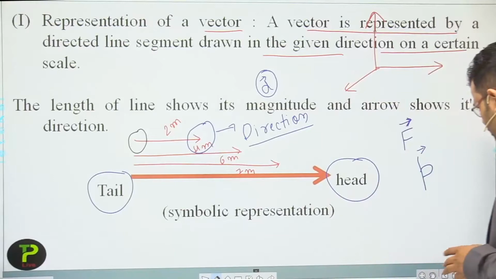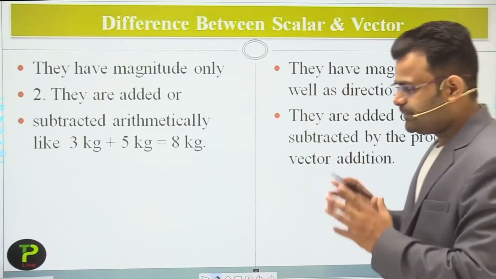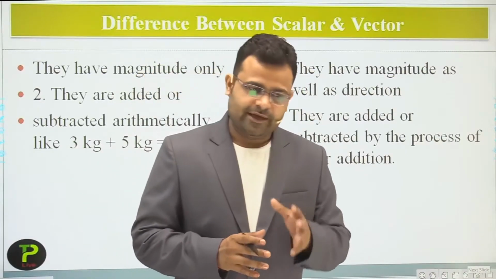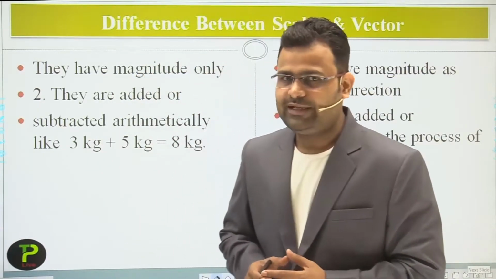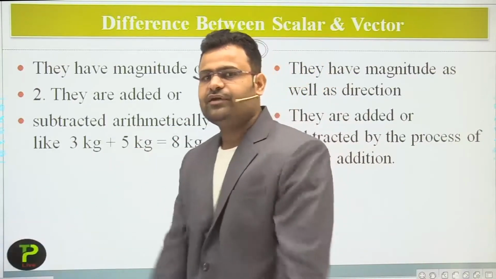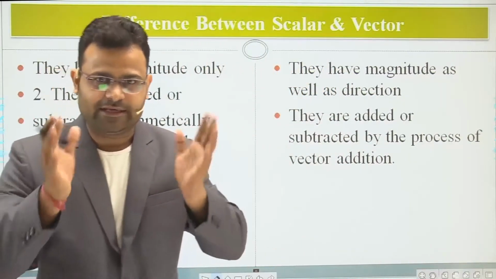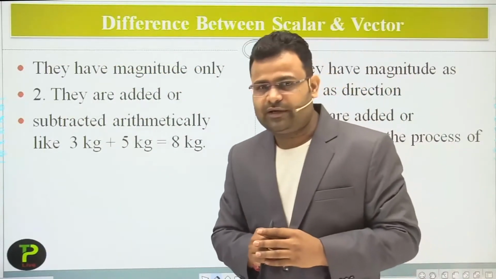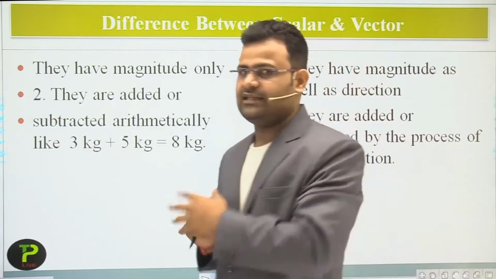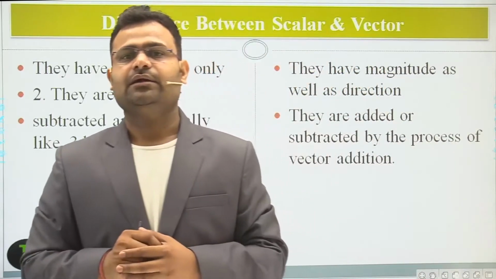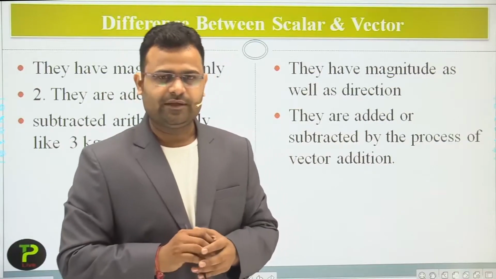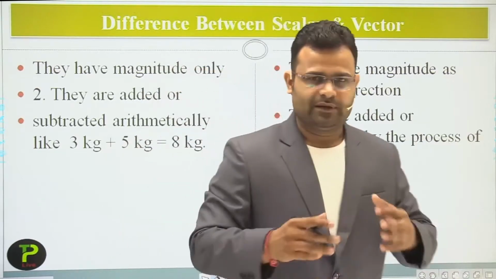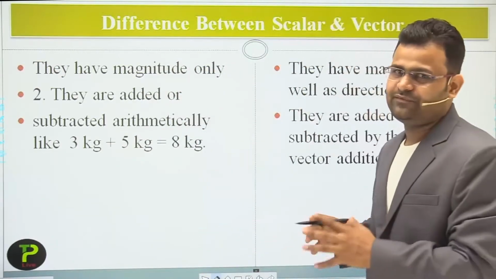Okay. Now, after that, some differences between scalar and vector quantities. Dear students, if we deal with scalar quantities, then we can add and subtract easily, just like in normal algebra. But if we deal with vector quantities, then they have a different algebra for addition, subtraction and division also. Division is not available in vector algebra; we convert it into multiplication. These quantities have a different algebra.